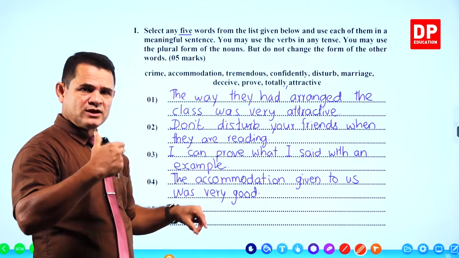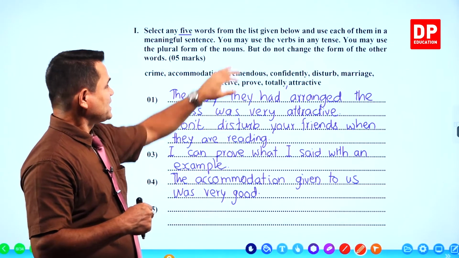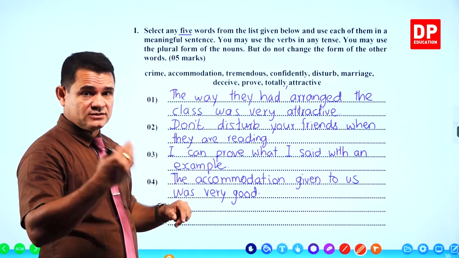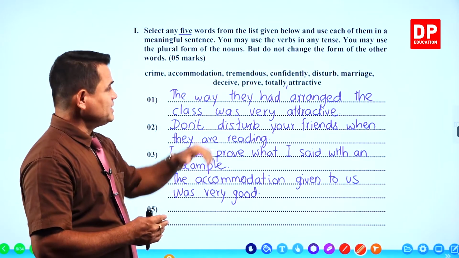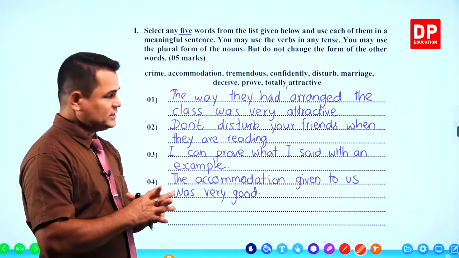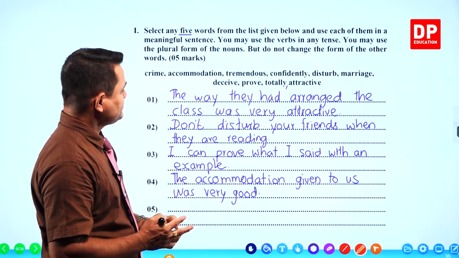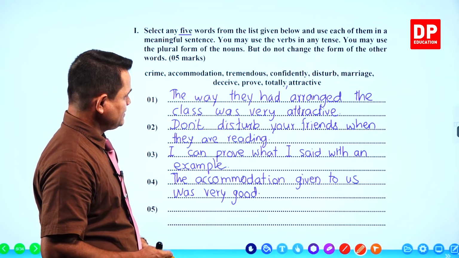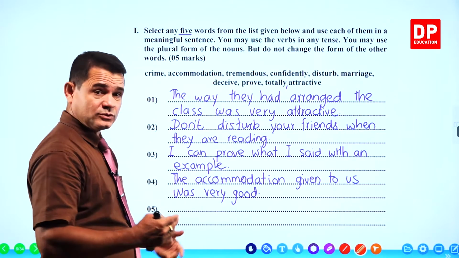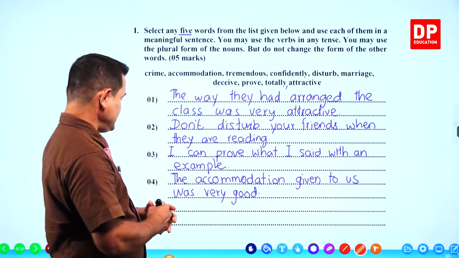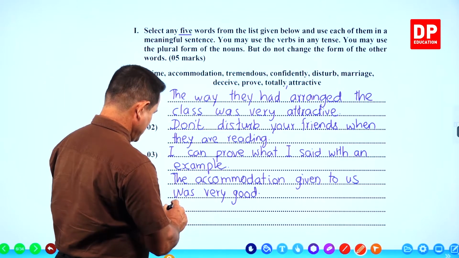If it is a noun, you can use it in plural form. If it is a verb, you can use it in past tense or present tense or any way. But the others, use in the same way. Okay, let's see. Then confidently, right? So as I studied hard, or as he